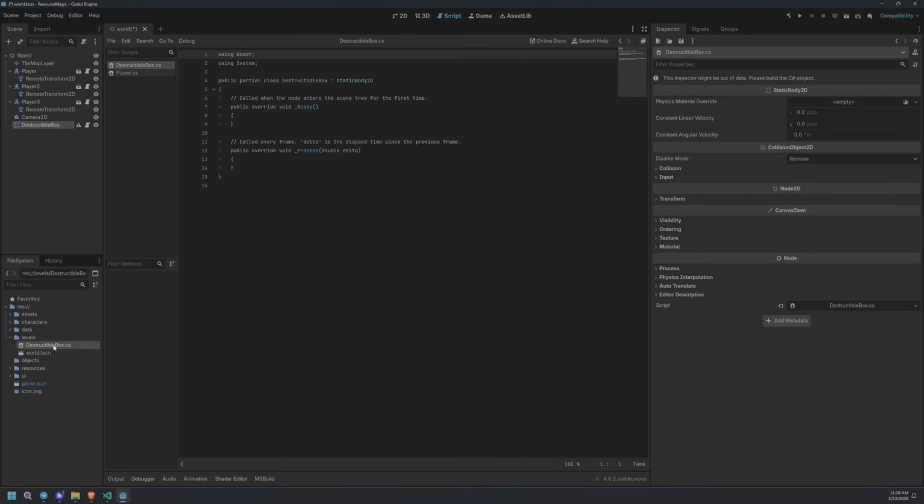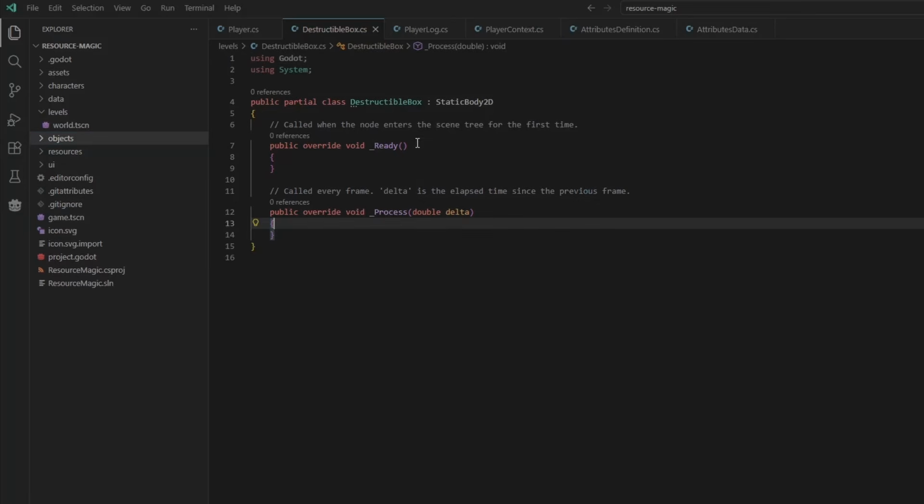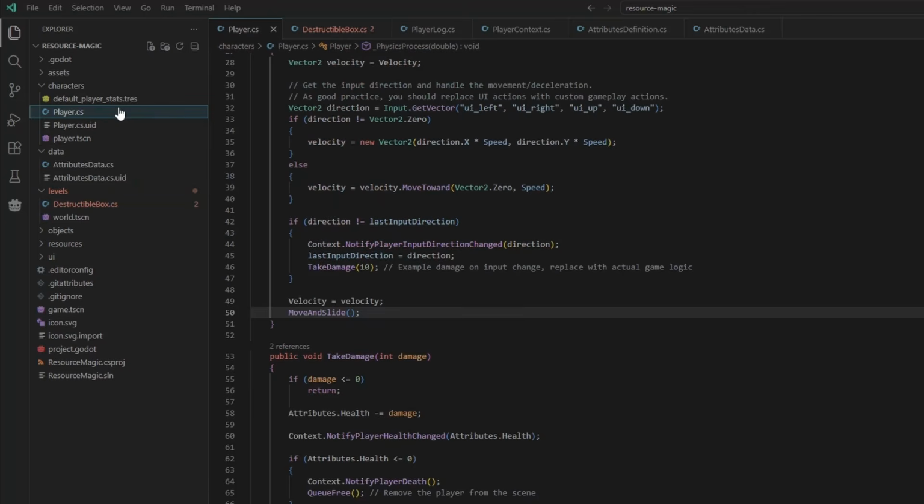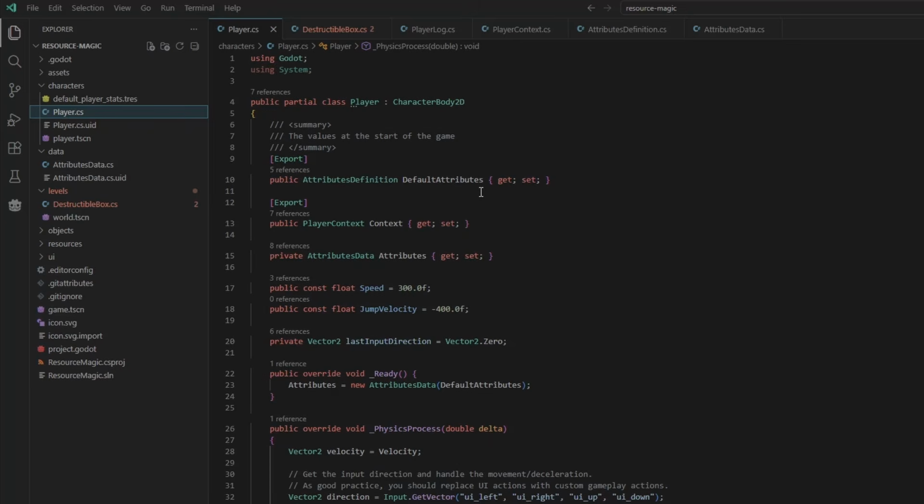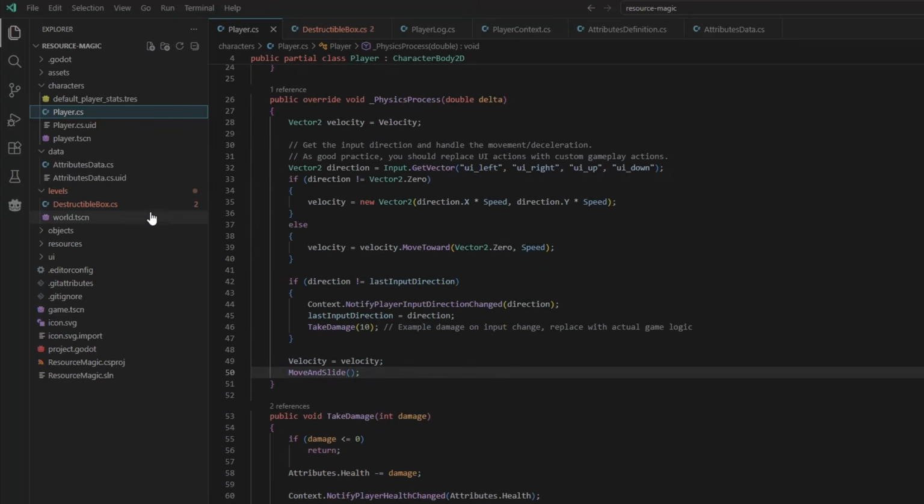It's usually better if you move scripts from the editor because it updates all the references automatically. So we want to move this to the new objects folder. Let's right click on the scene. I'll save that to the objects folder as well. And then let's go into here. And then we can reuse the logic from player.cs in here and kind of do the same thing in